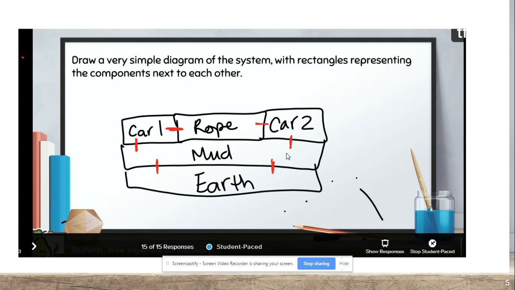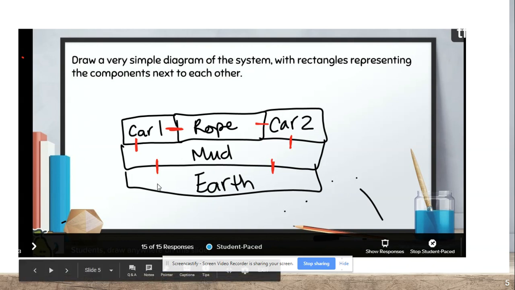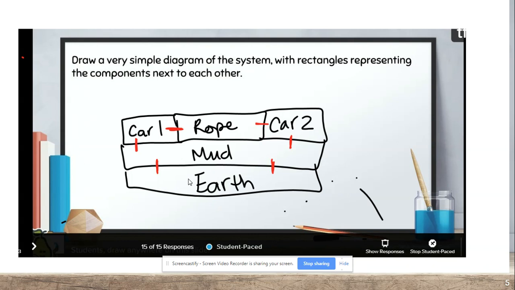The wheels of the car are attached to the mud, and then the mud is a part of earth, and earth is what gives everything else, or is what's interacting with gravity. And so we have gravity because we have earth, and so we always incorporate earth within our free body diagrams. So they will need to do something like this when they are creating the free body